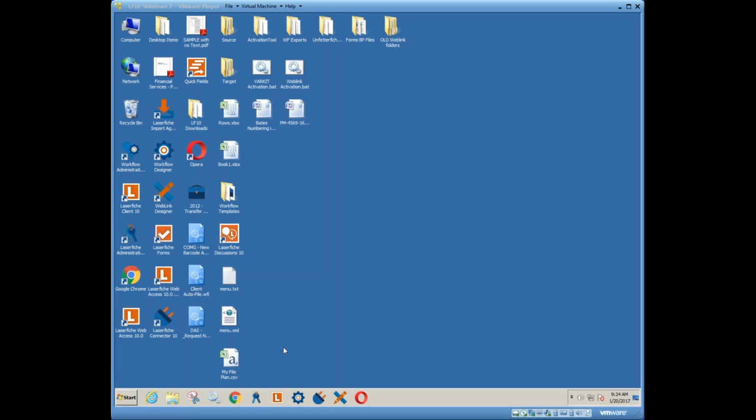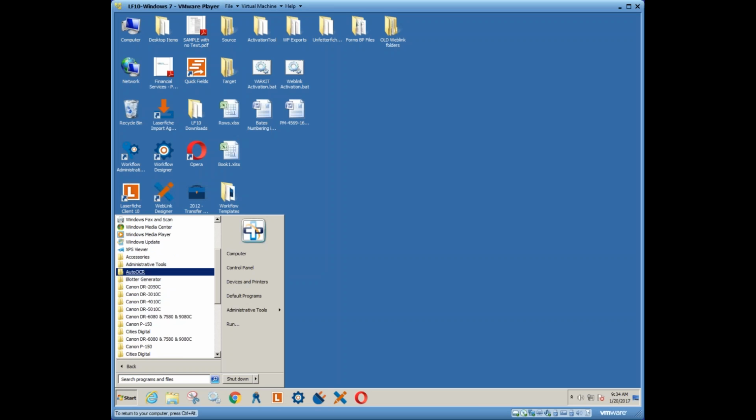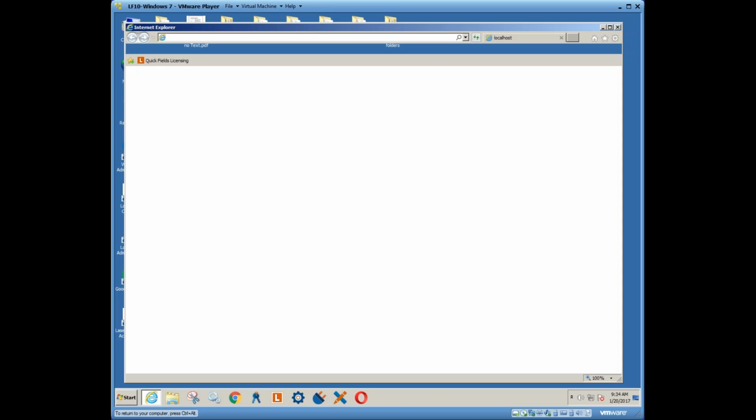All right, we are going to now review Laserfiche Forms. Laserfiche Forms is launched either from the Start menu, All Programs, Laserfiche, or it might be on the desktop. We'll go into Forms. Now, there is a configuration side to Laserfiche. Assuming that's all set up, we can then just jump into Forms. I will show some of the items in the configuration, but let's go ahead and launch Laserfiche Forms, which is